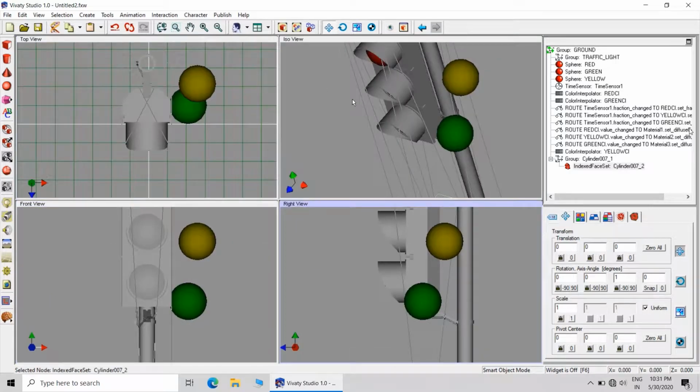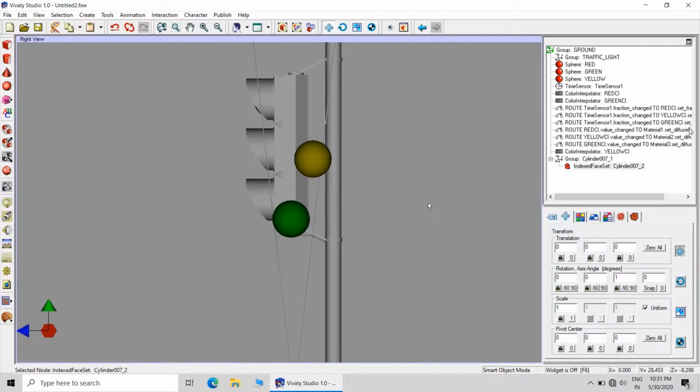You scale it by 14, and in the side view I will just bring all the spheres to the appropriate position.